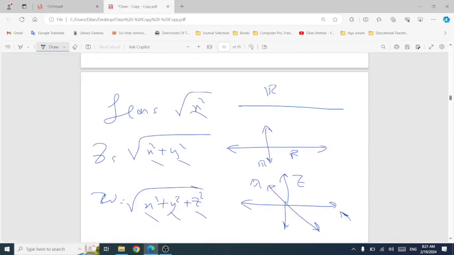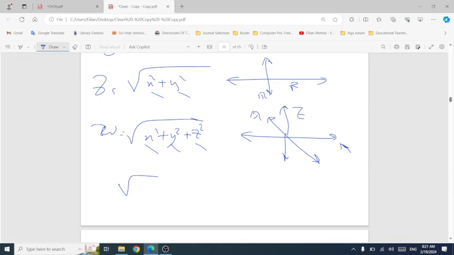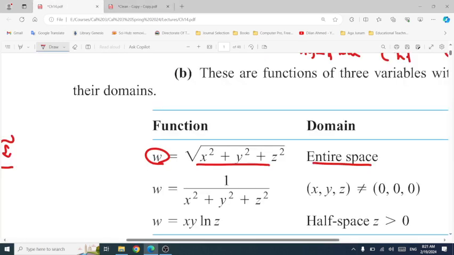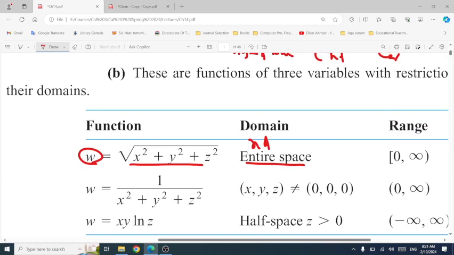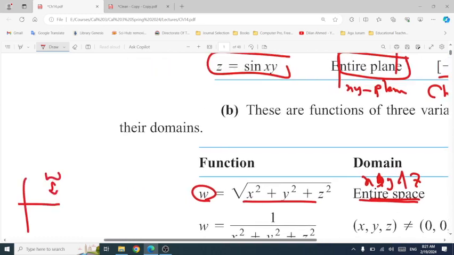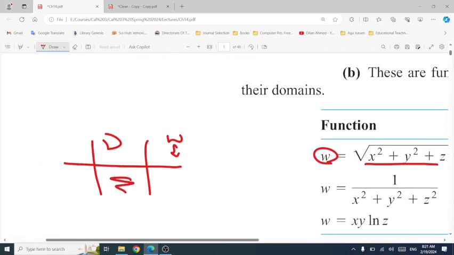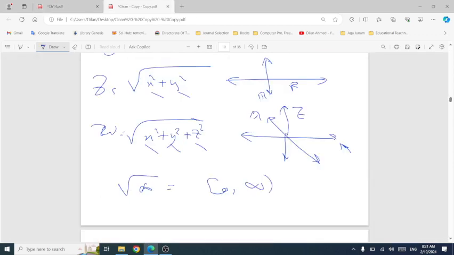How about output? We say that output of anything will be between 0 and infinity. You'll never get negative. Clear? So look at here. Here's the relation between x, y, and z. Here's the only output that we have. X square, y square, z square. We see that we have